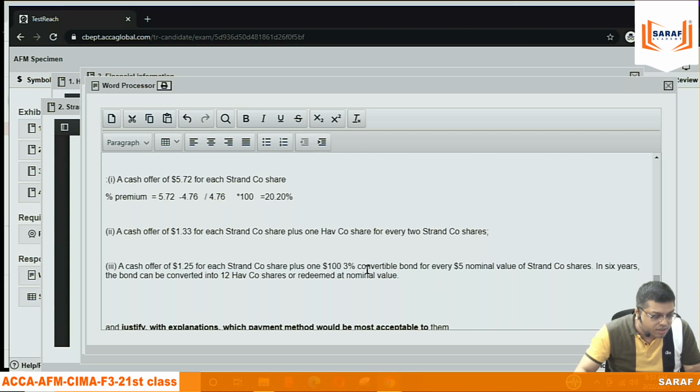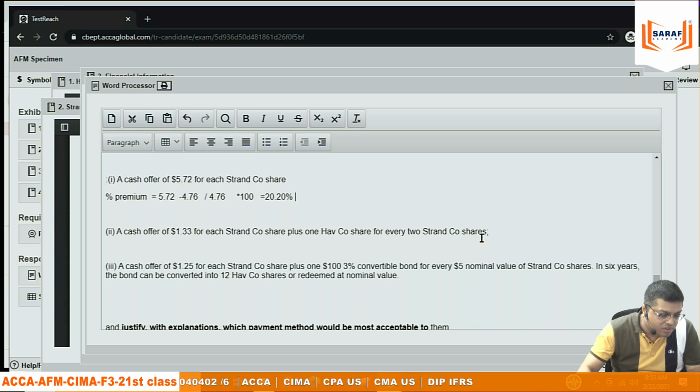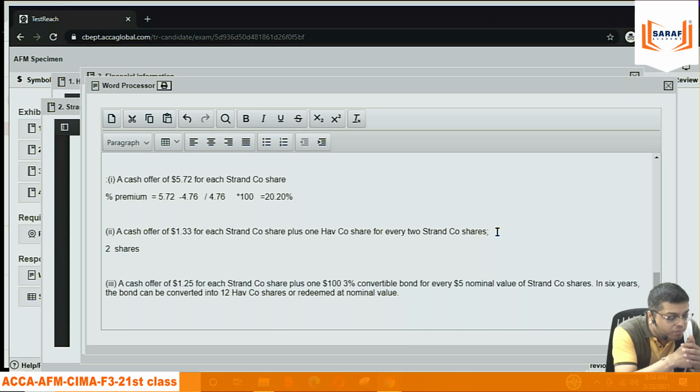The second one, a cash offer of 1.33 for each standard company share plus 1 H company share for every 2 S company share. A cash offer of 1.33 per share. So 1.33 मिल गया. Plus 1 H company share for every 2 shares held. तो हम लोग तो यही बोलेंगे भाई, for 2 shares 1.33 for each S company share plus 1 share for every 2 shares. So we can say